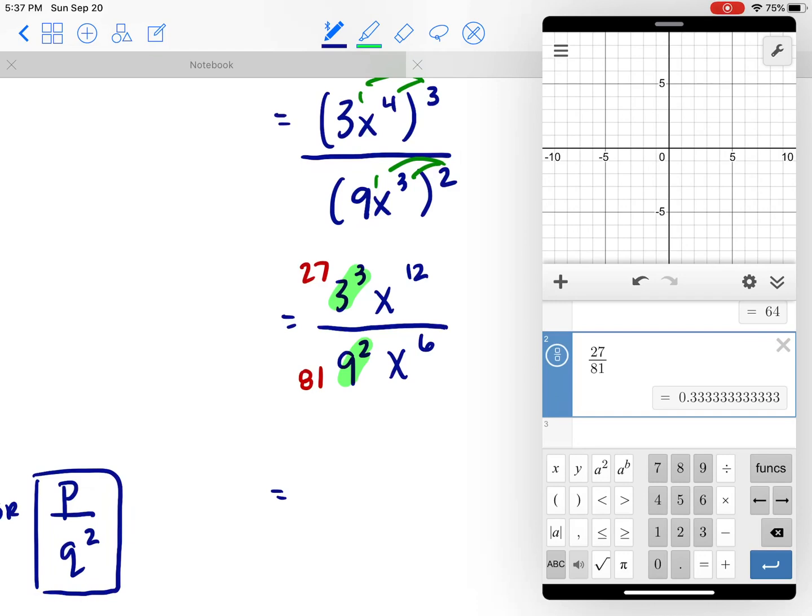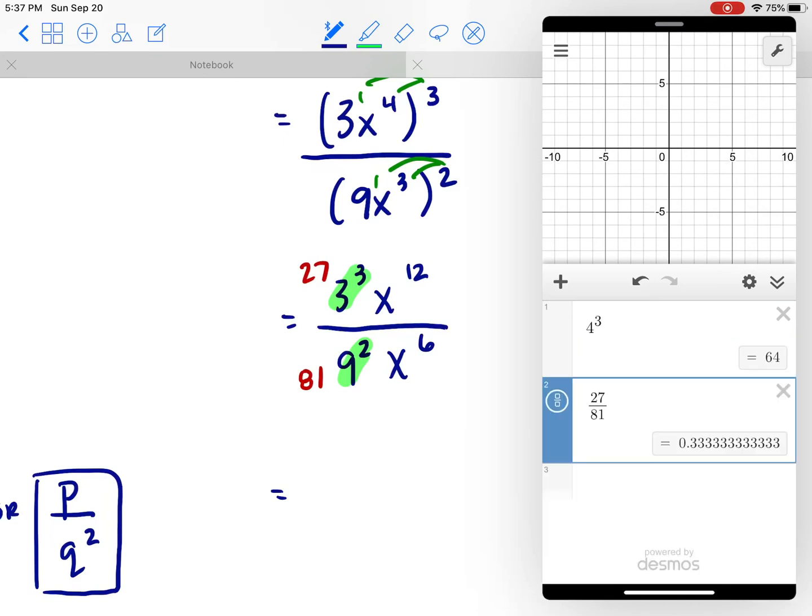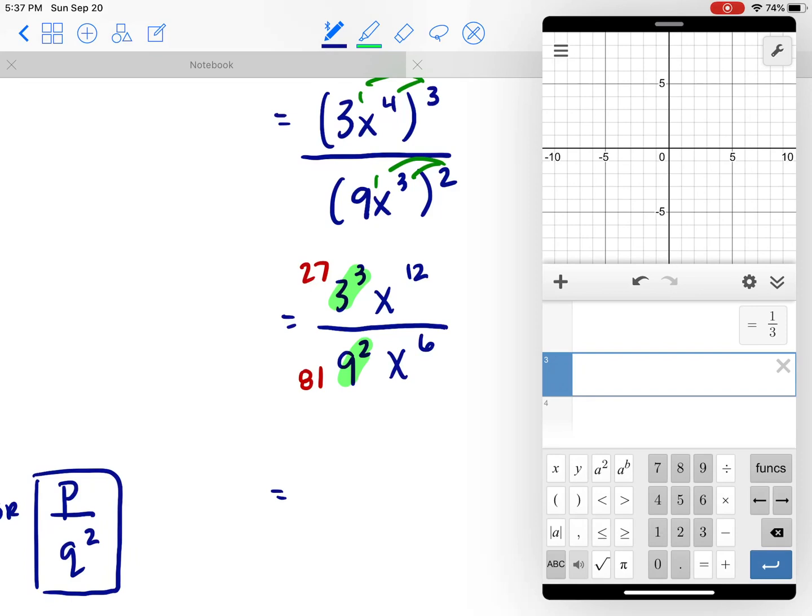Now, in Desmos it shows me the decimal, but you see in the blue here it looks like a little fraction that's being circled. If we just tap on that little circle, it's going to reduce the fraction for us. So 27 over 81 doesn't divide, but it does reduce. So our coefficient can be a fraction,